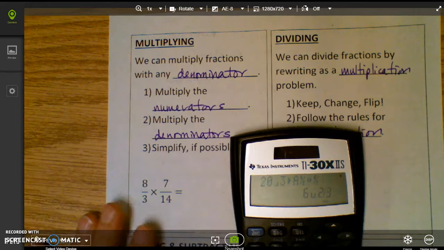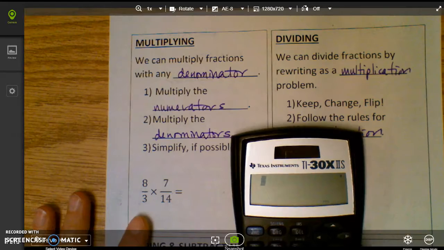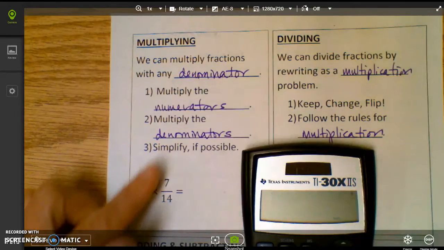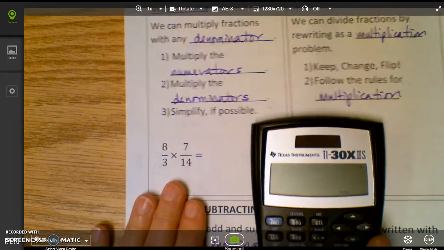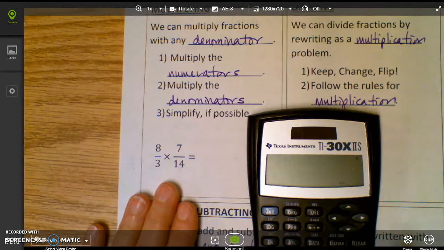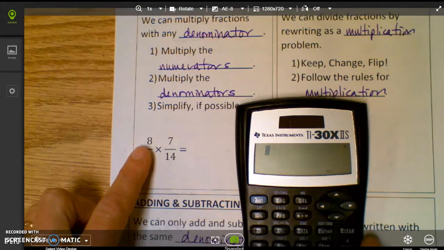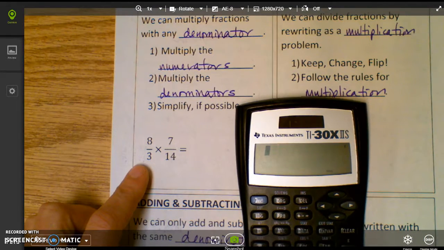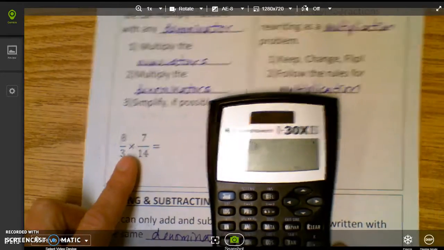Okay, if you flip your paper over to the back, I want to show you a couple things you can do with your calculator. We've talked about the process of multiplying and dividing fractions, which again is very difficult for us sometimes. If you were to use your calculator to do this, I want to show you it can handle it for us. The first number that we're working with is 8/3. So remember, you're going to use your ABC button to type it in. We want to multiply by the other fraction,